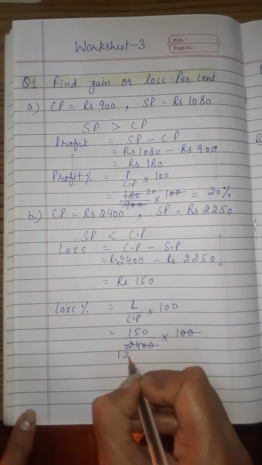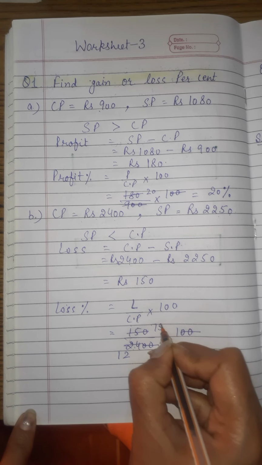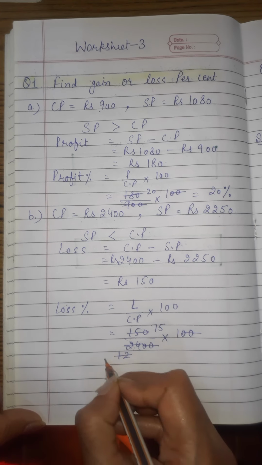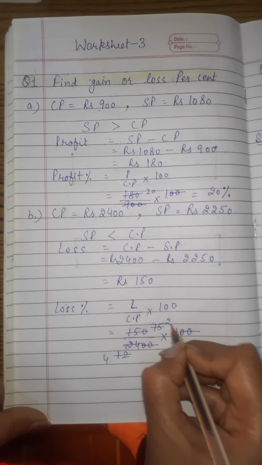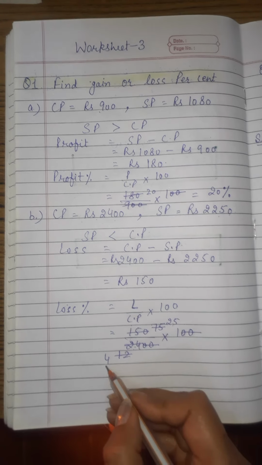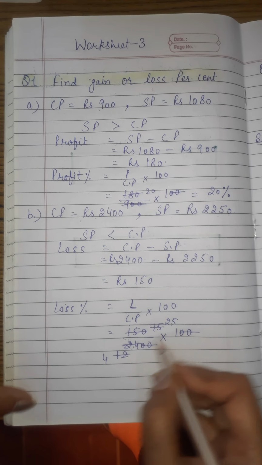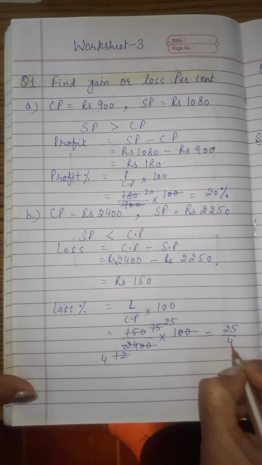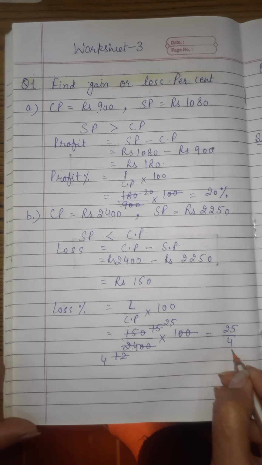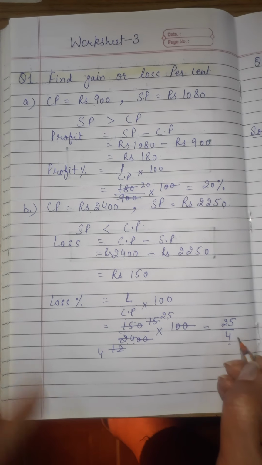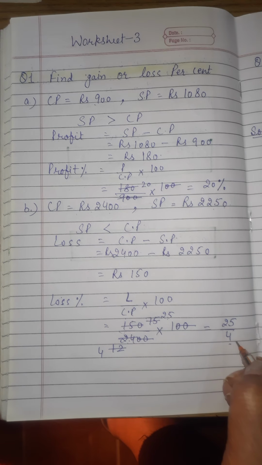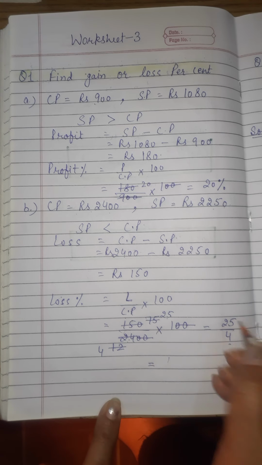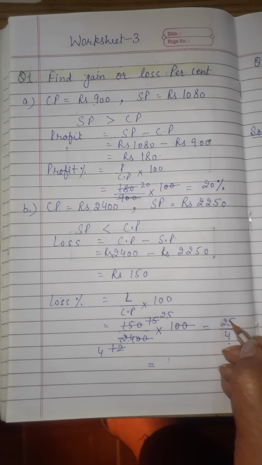So 2 12s are and 2 75s are. Again 75 and 12 are multiples of 3, so it will be cancelled by 3. Here 3 4s are and 3 25s are. Now 25 and 4 have no common factors, so it cannot be reduced. Now you have the remaining terms, that is 25 upon 4. So 25 upon 4 is an improper fraction. So we will convert it to a decimal number or mixed number. I am converting it into a mixed number. To convert to a mixed number we will divide 25 by 4.